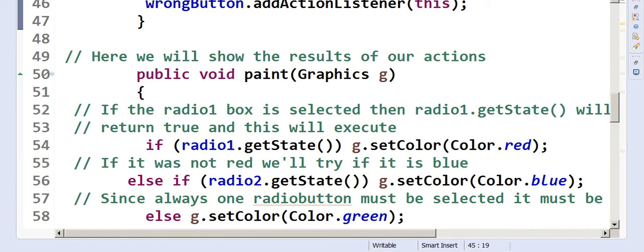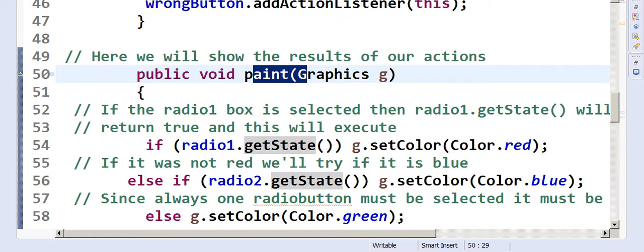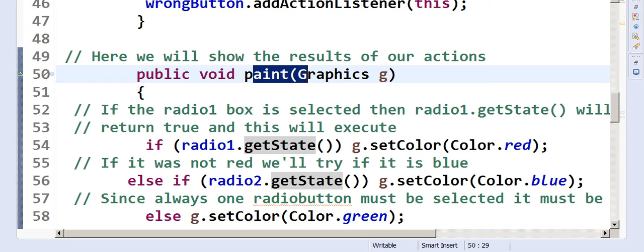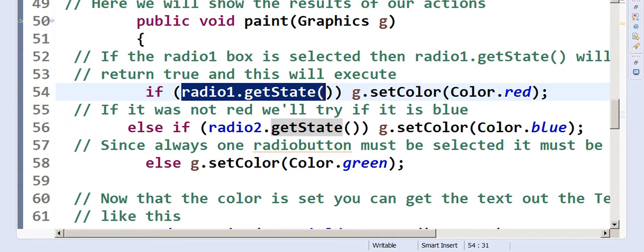Now we will do the paint. We will say if radio 1 dot get state. That means when the paint is done, if the radio button is selected, if the radio 1 is selected. When we paint, we see which radio button is selected, because the first time the applet comes up, we're not clicking anything, so we have to say radio buttons will be selected, some out of 3. So we know the second one is selected. In fact, this one is selected. But if this one is selected,